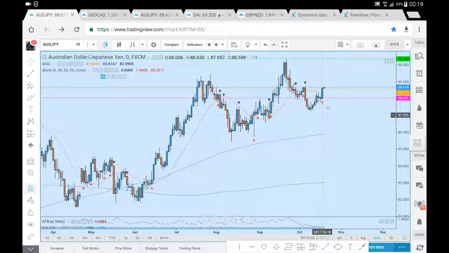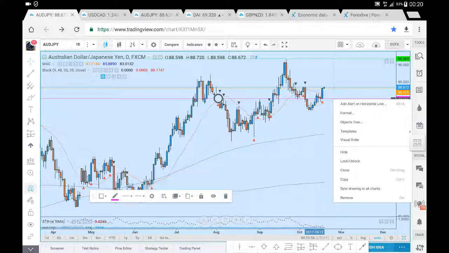So this candle here, the signal candle, closed at 88.59, and suppose on the chart I got 88.62. So with this indicator, how I use it, I pretty much just